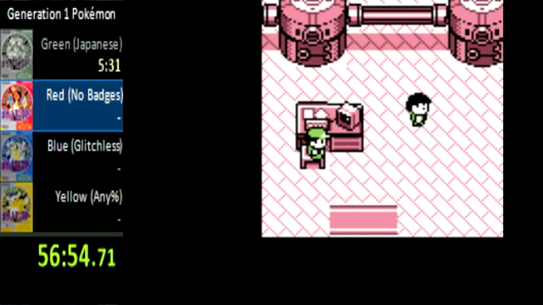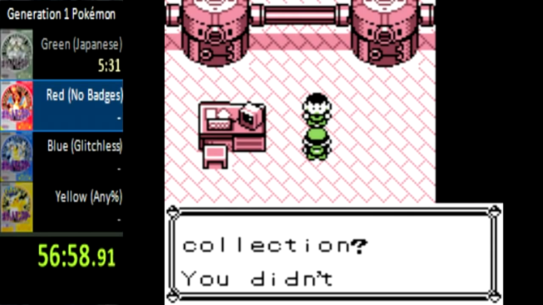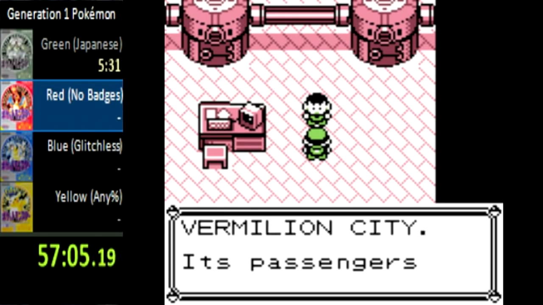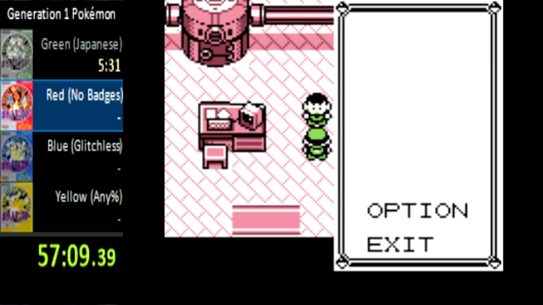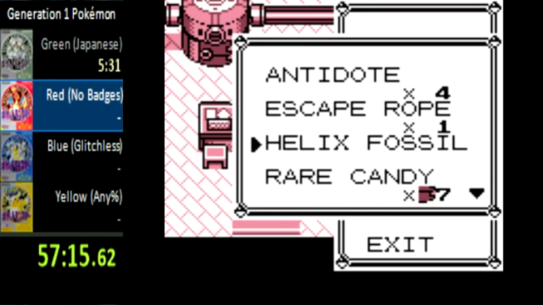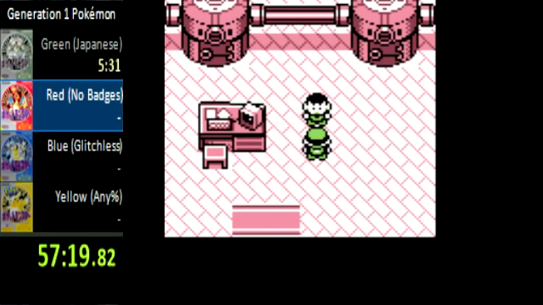Alright, so I got him. And now I just get the ticket. Once again, the ticket's the true trigger. Alright, so once I do that. One, two, three, four, five. Yeah. I'm gonna move rare candies down one because I'm going to use escape rope because, yeah,